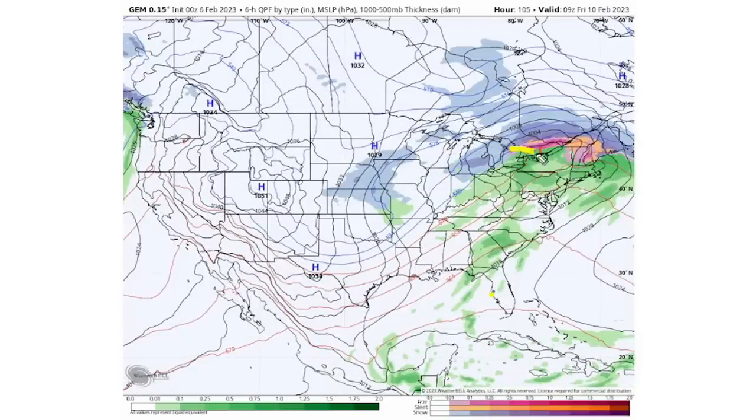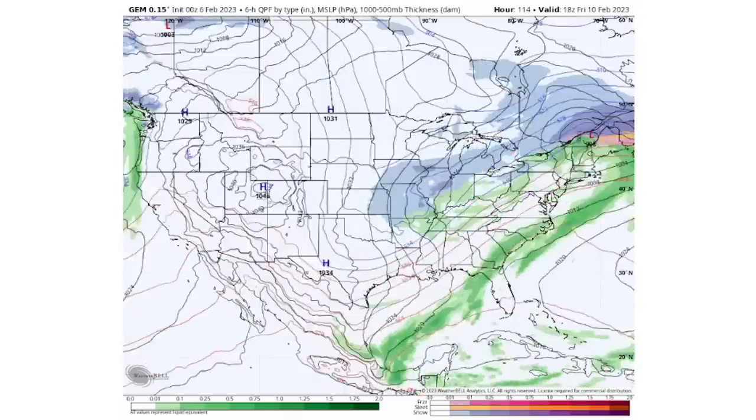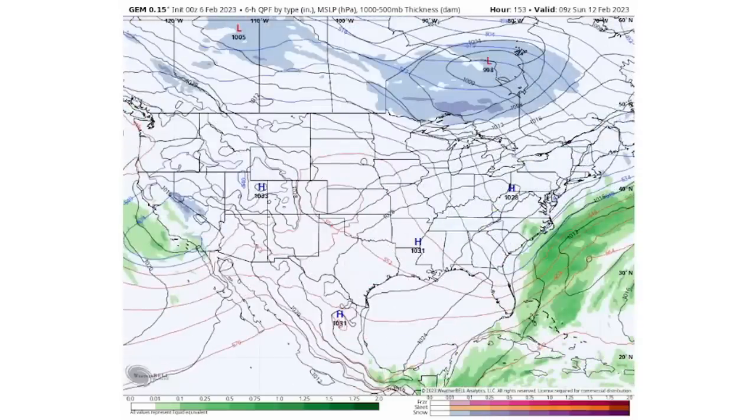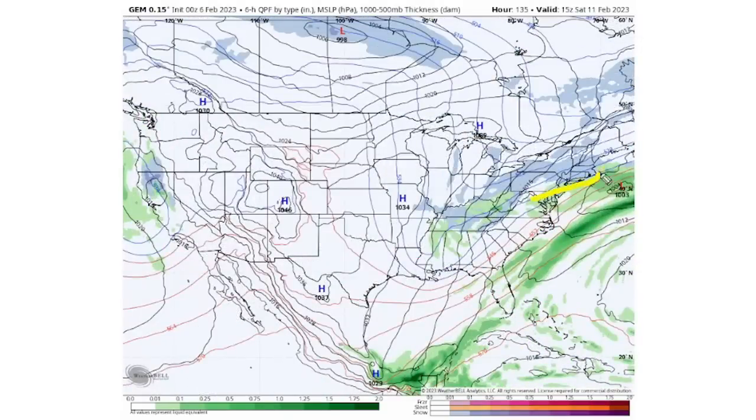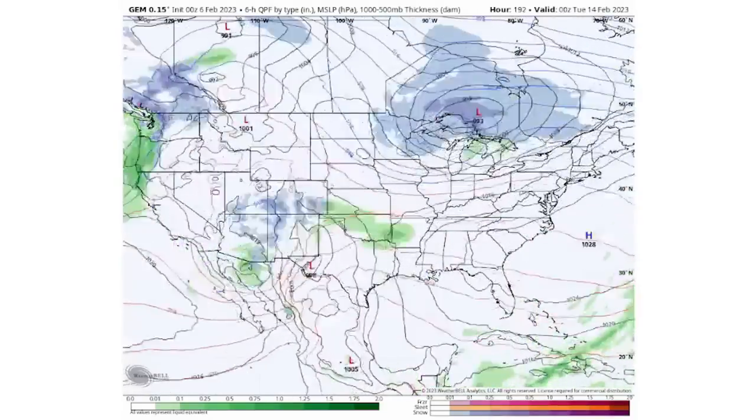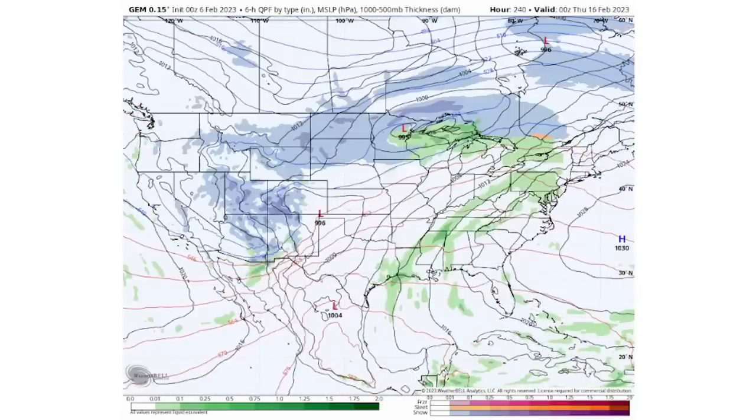As we continue things on, we do get that mixed bag event here for portions of the northeast and the southeast of Canada there again. So we see also very, very wintry conditions there on this model. As we just continue things on, we get pretty much nothing around the 12th. We do get a minor, minor, minor snowfall event here in the northeast, but that is it. And then we're pretty much high and dry after that point until right at the end of the model run,